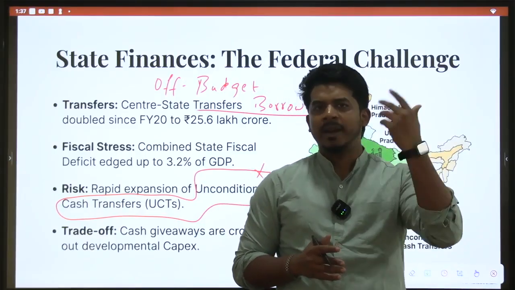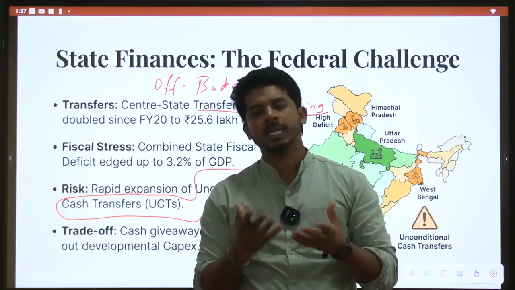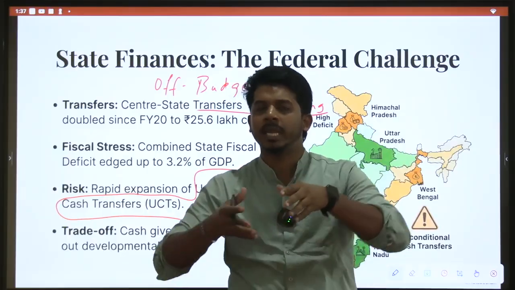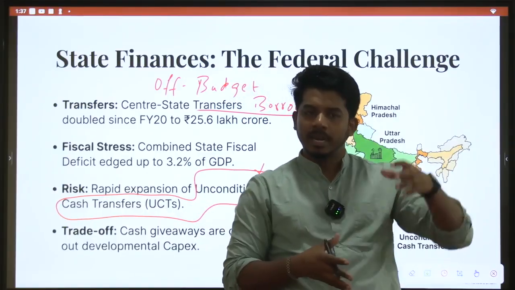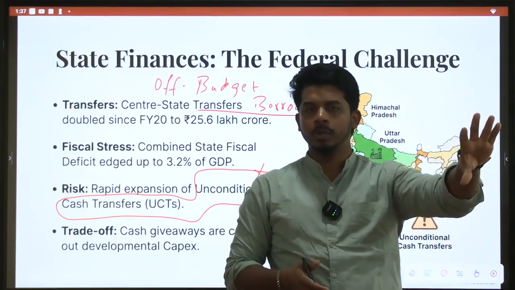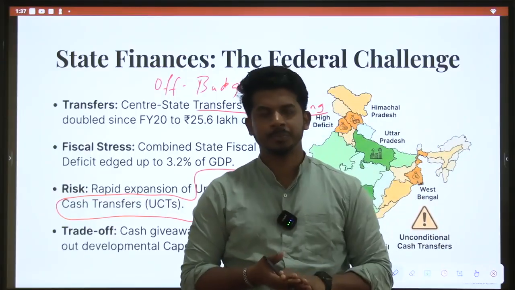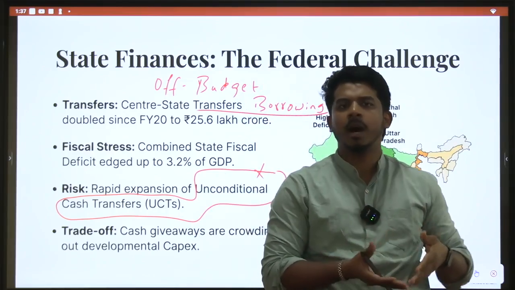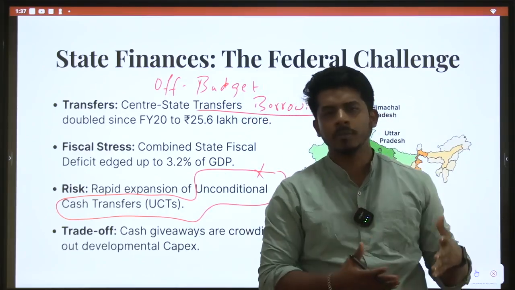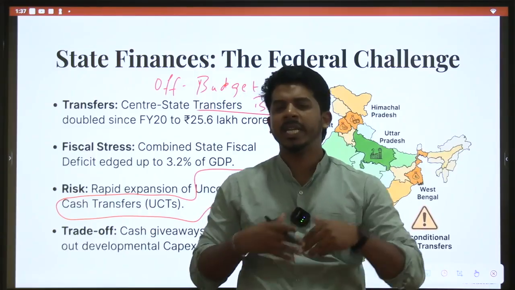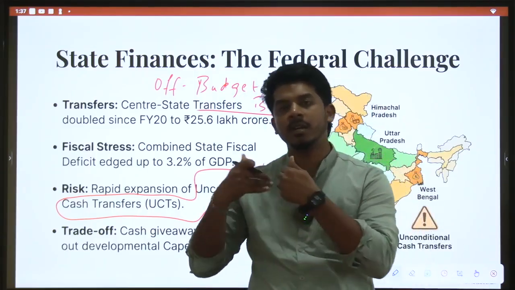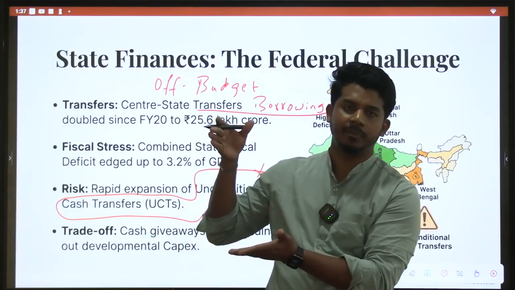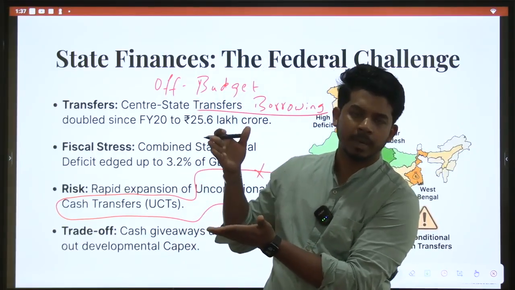But after 3-4 months, without announcing it in the budget, there may be some state public sector enterprises, some organization working under the state government. That organization will take a loan and spend for public purposes. So a public sector enterprise, on behalf of either the state government or the central government, will take a loan. Why is the state government not taking that loan directly? Because then on paper it will increase its fiscal deficit. It will show poor performance of its fiscal policy.